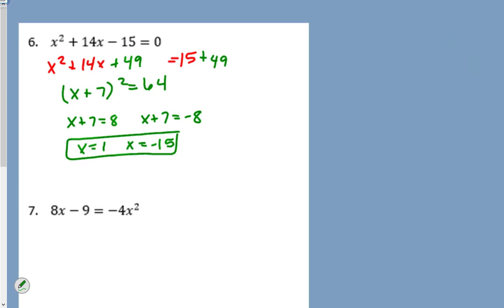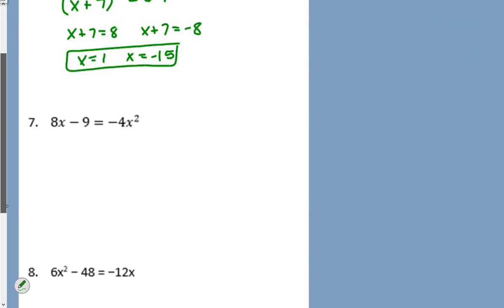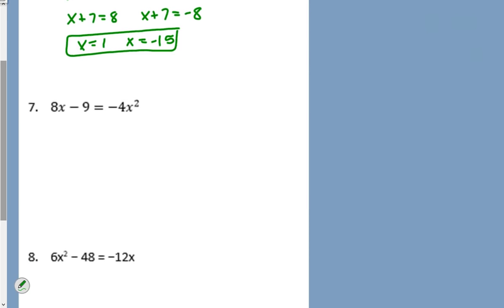Alrighty, so there's number 6 worked out. Again, completely normal. Could have done it yesterday. No problem. All right, number 7. So the only thing that's weird about this one, well, I shouldn't say that. The first thing that's weird about this one is it's not in standard form. So again, I'm going to do some rearranging here. I'm going to put my 4x squared over here, and I'm going to go ahead and move my 9 to